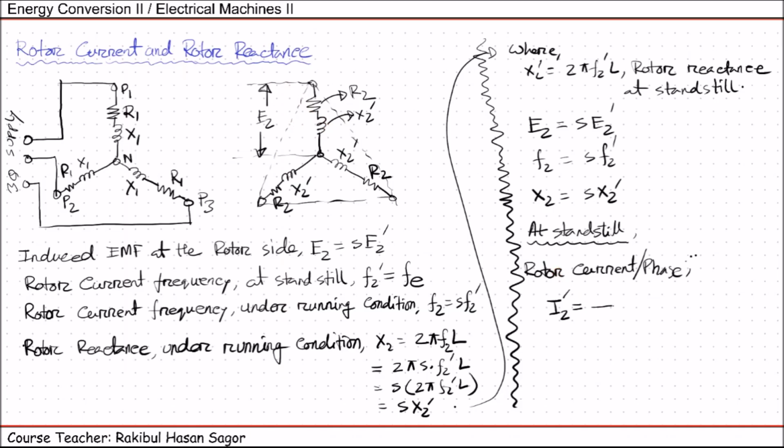So we can write here EMF per phase at standstill is E2 prime. So I2 prime will be E2 prime divided by this impedance, that is Z2, which can be written as E2 prime divided by Z2 equal to root over R2 square plus X2 prime square. Because we are considering standstill condition, the reactance will be X2 prime, and the rotor power factor